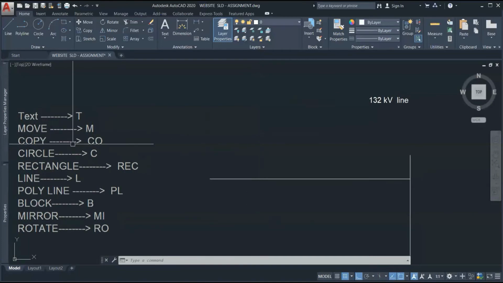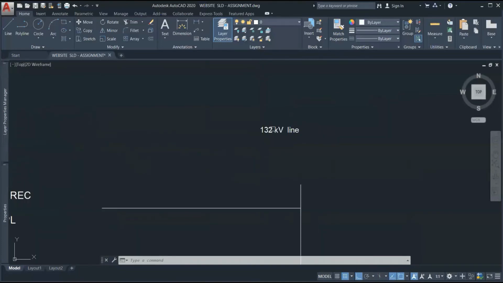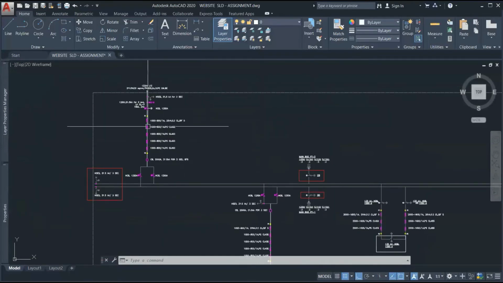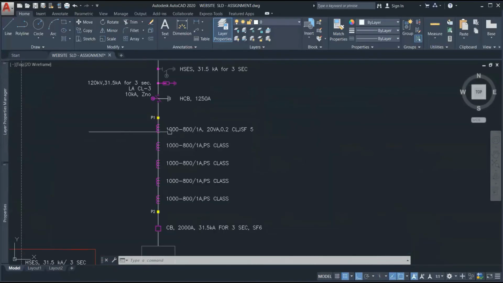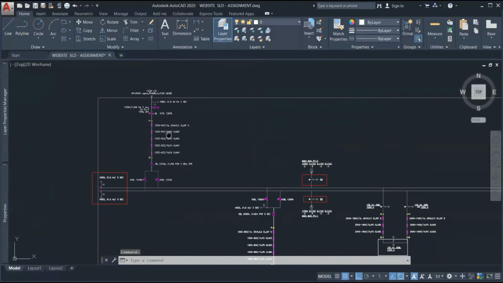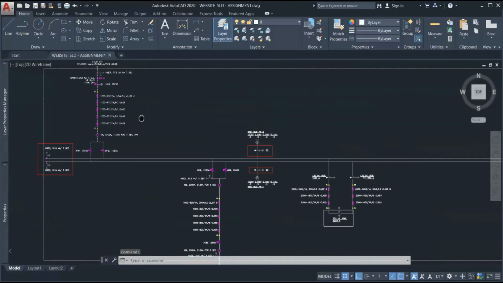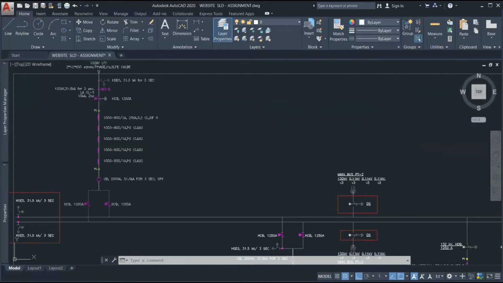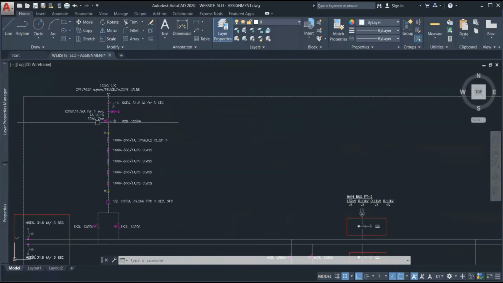So this is about text command and move command, right? So if you want to make copies, just like this incomer feeder I've made. In tender, if you have read the tender document, there are two number of incomer feeder.